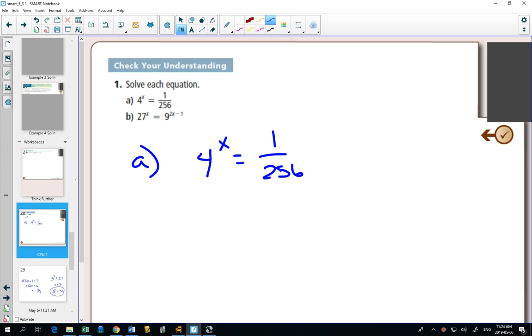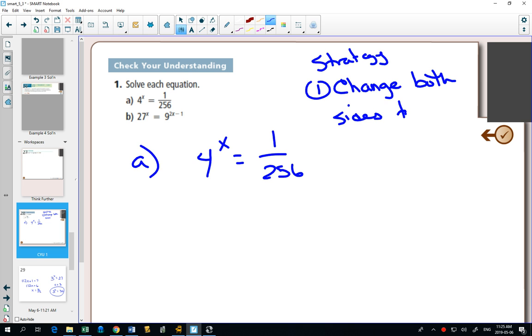And our strategy is to use our powers chart. So here we go. Strategy 1. We're going to use our powers chart